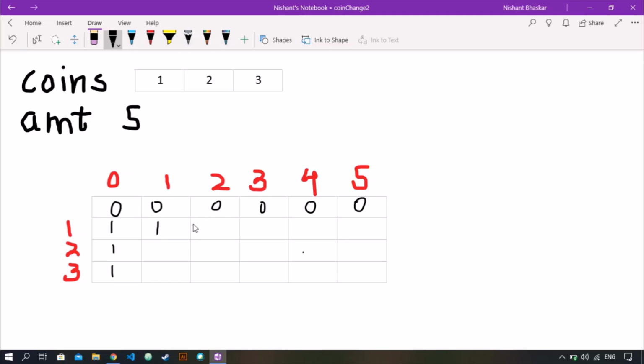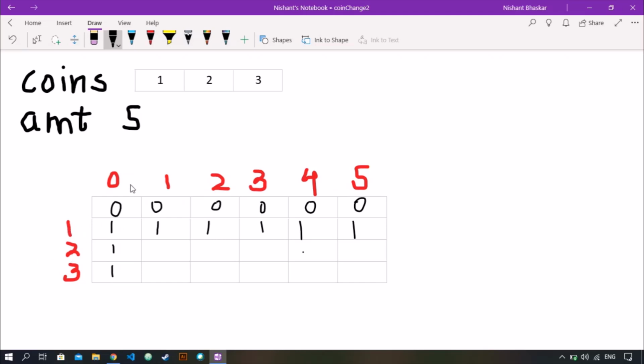So for 2, what we can do is we take 0 and we go 2 steps back, so we get 1, we add 1 to the 0, again 2. So how can we make 2 with only the coin of denomination 1? We take 2 ones, 1 plus 1 is 2. Similarly for 3, 4 and 5, to make 5 we take 5 coins of denomination 1.